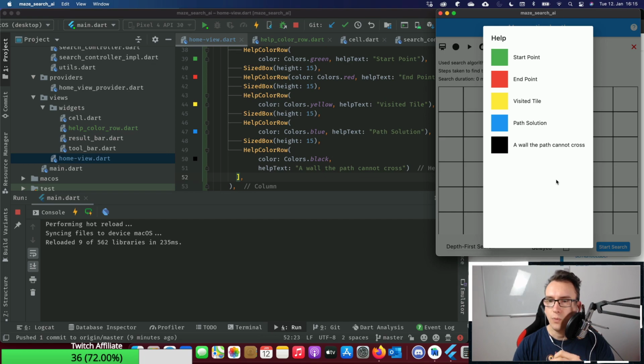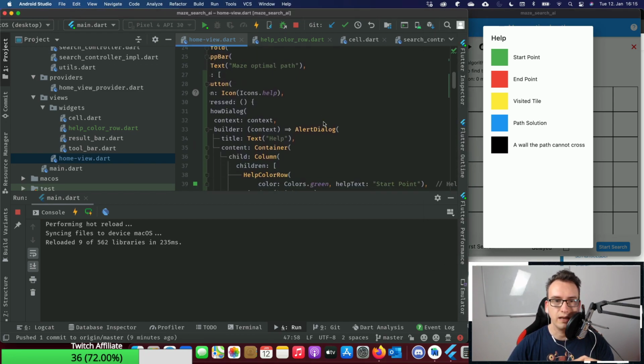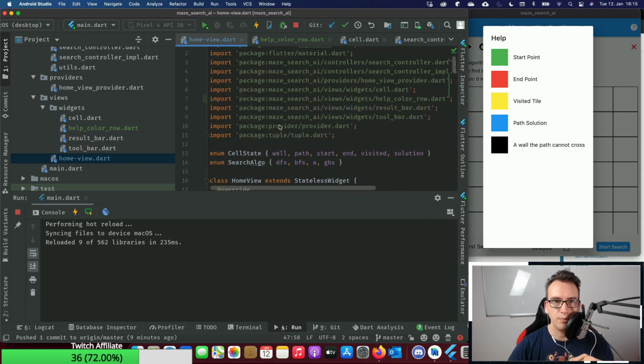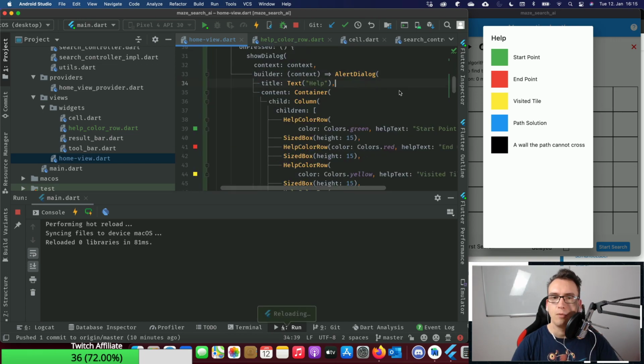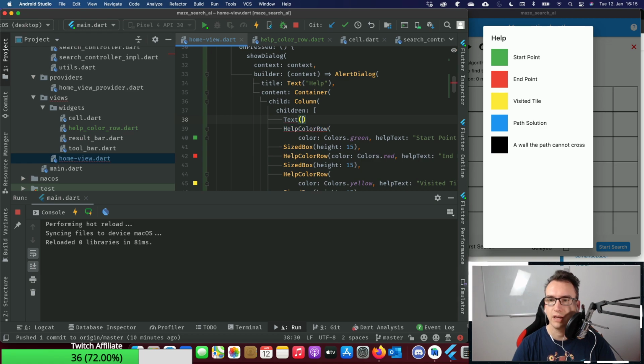Okay, so we are now at the point that we can get the help, we can see everything here, and that's fantastic. So additionally into the help, I would like to add some kind of information about what actually happens here. We have a column at the moment, and I think the first part of the column should be a large text where we can enter stuff.